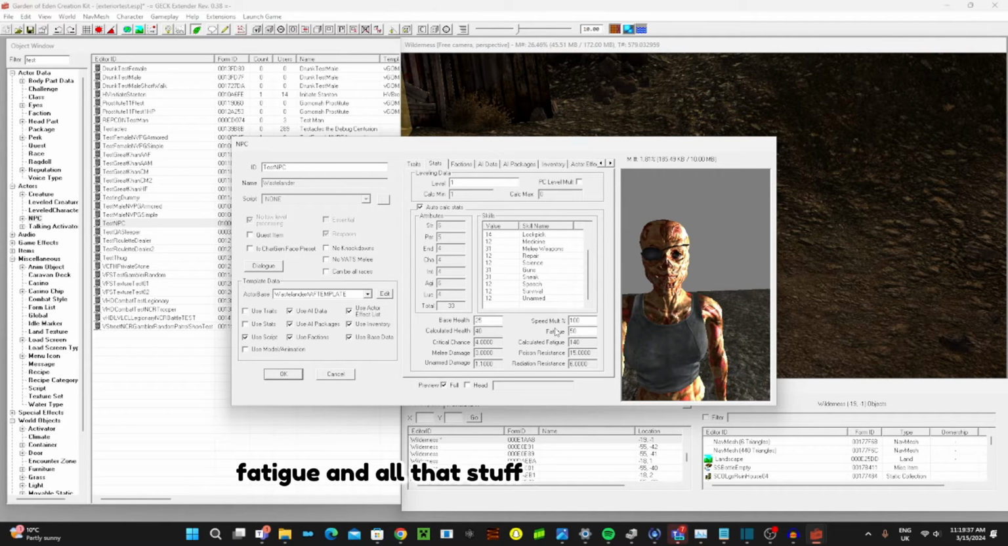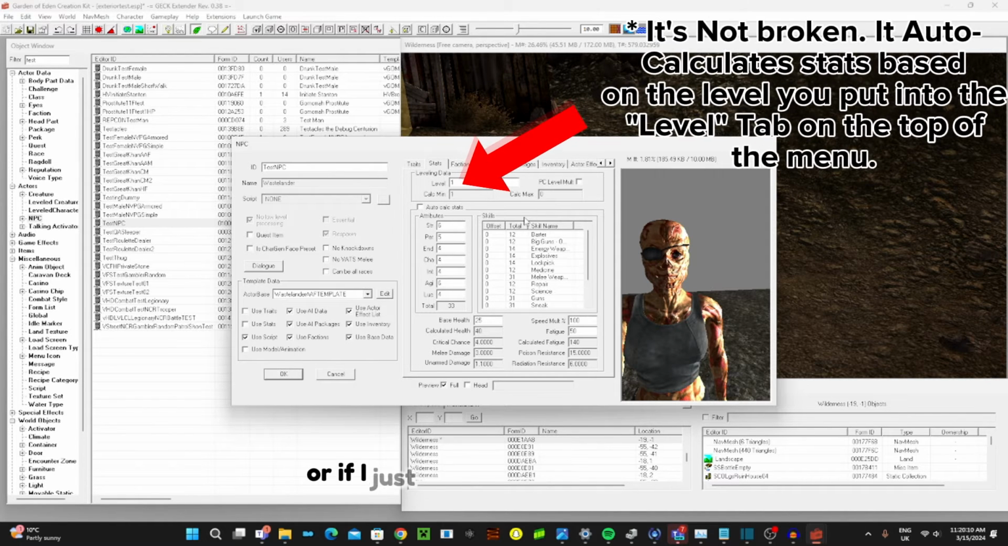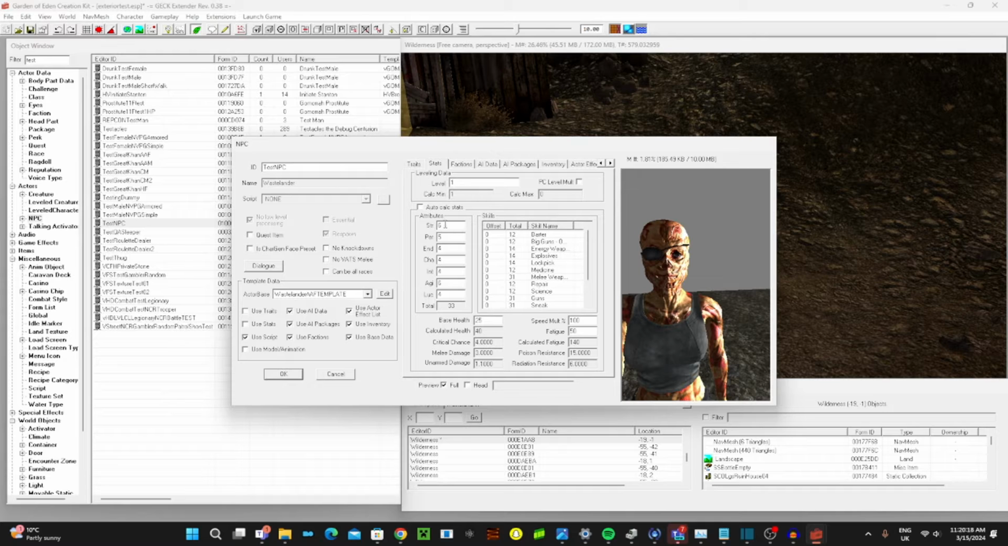Fatigue and all that stuff doesn't really matter. You can leave all that blank. Most of it you can't even change. Auto calculate stats, I don't know if it's broken or if I just don't know how to use it, but I think it's just a random kind of thing, but I always like to set them myself because it gives you more variety. Luck would be for critical hits, strength would be for strength,